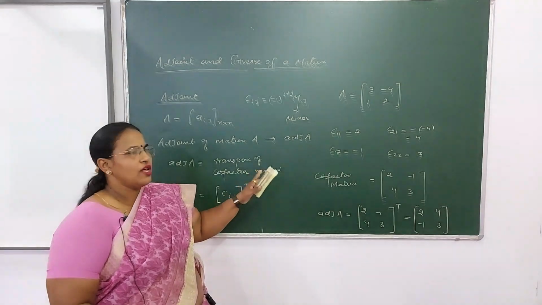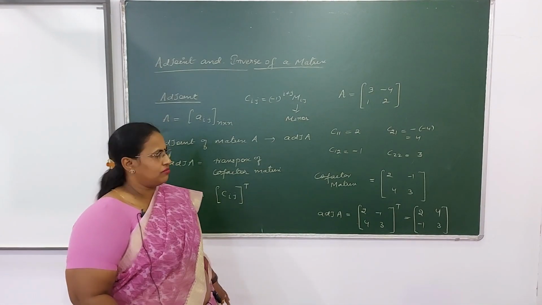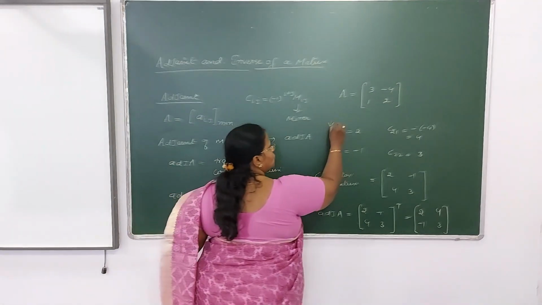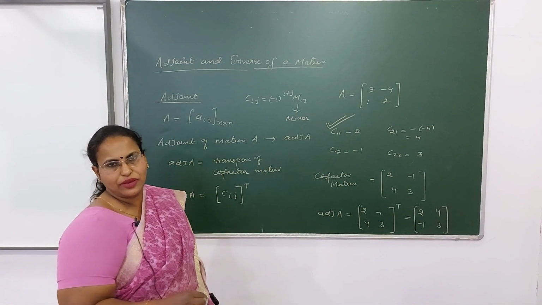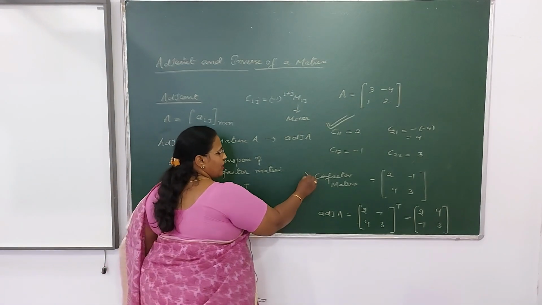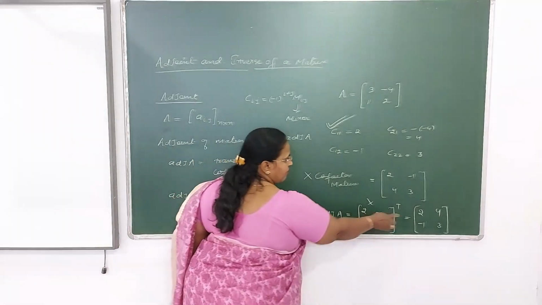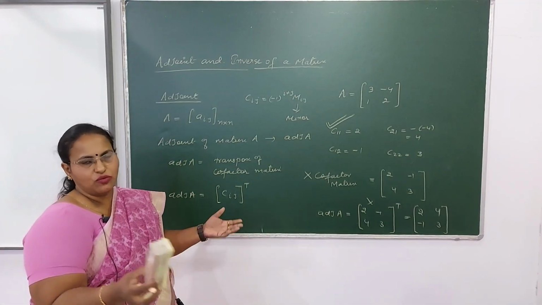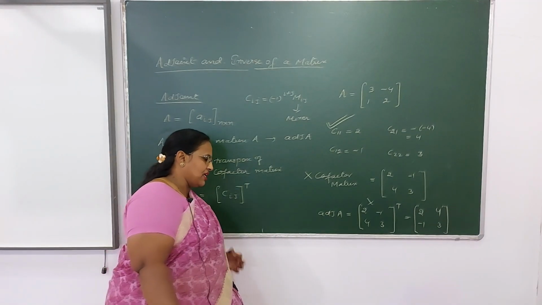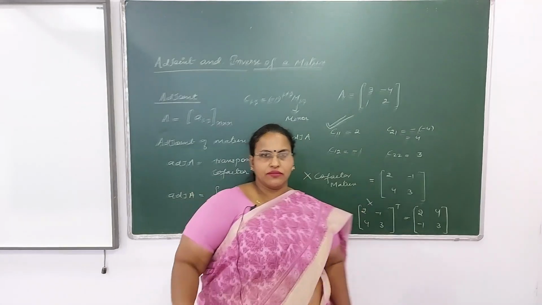Now in this particular procedure, what are the important steps you need to do? You are supposed to calculate all the cofactors separately. So this step is very important. This you can avoid, this you can avoid. So after this, straight away you can write down the adjoint. And again, one common thing I need to say every time: practice it properly.